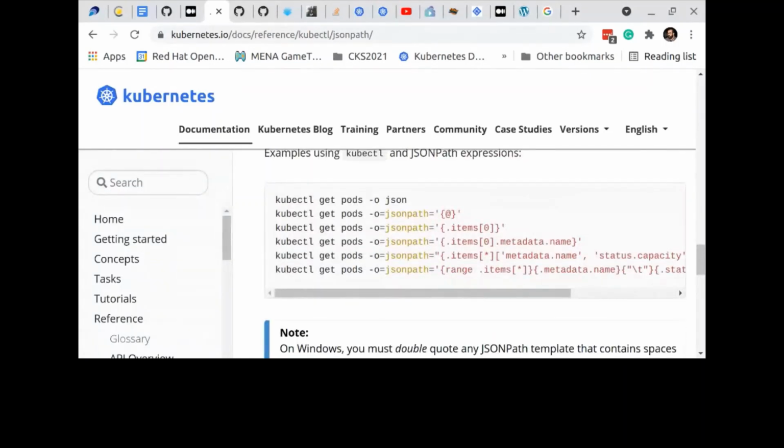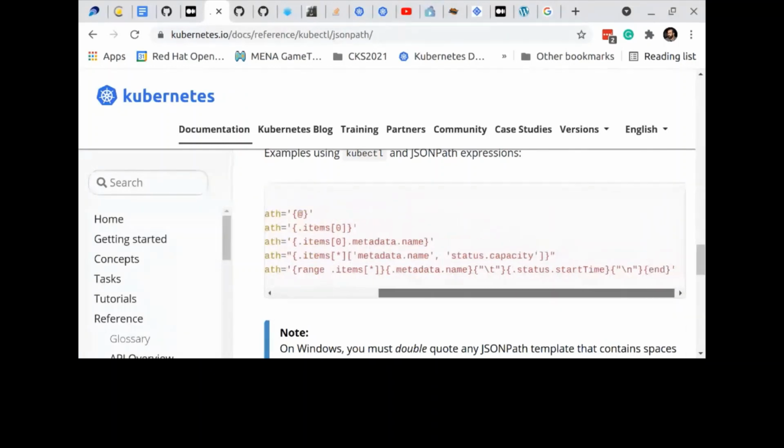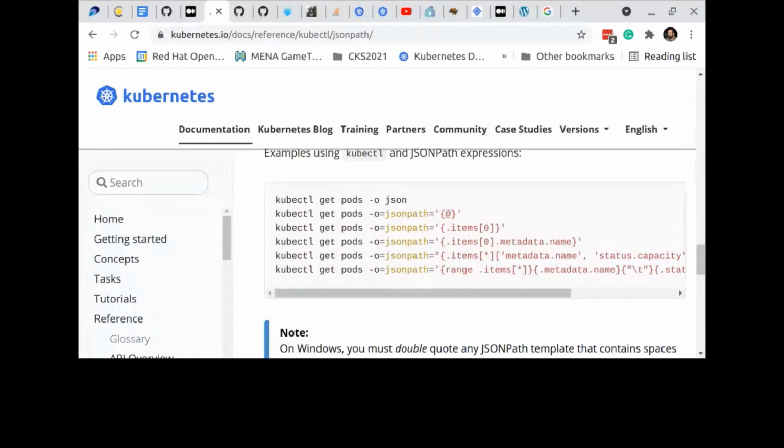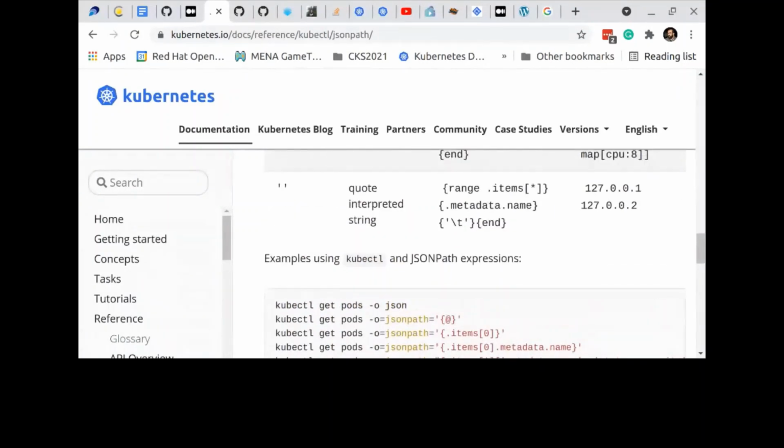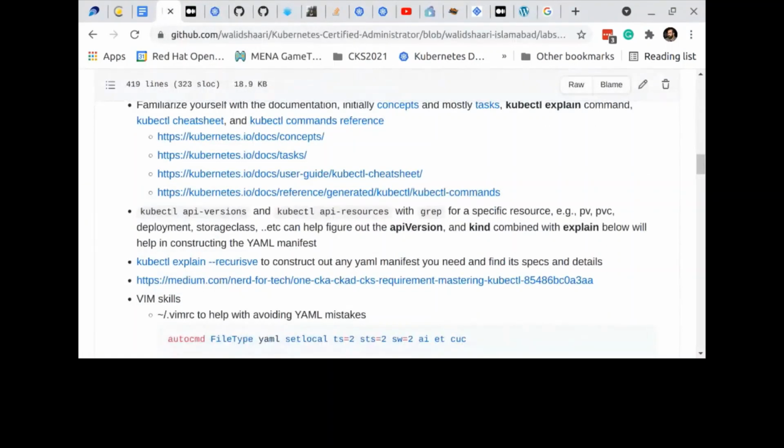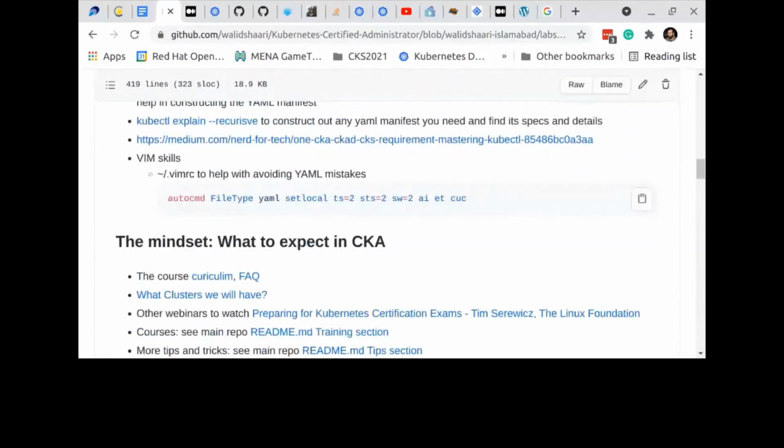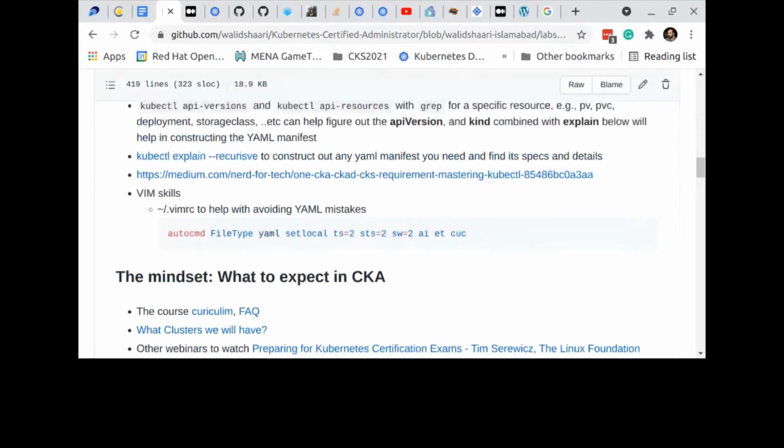So you can output JSON, you can output JSONPath, and you need to do the filters like this. So practice this, because sometimes you need to output many attributes from different pods. This would be the easier and the faster way to do it. Anything that makes you manage your time efficiently is most welcome. Okay, I will add the Mumshad course. It's a free course for JSON output and filtering, so it will be really welcome.